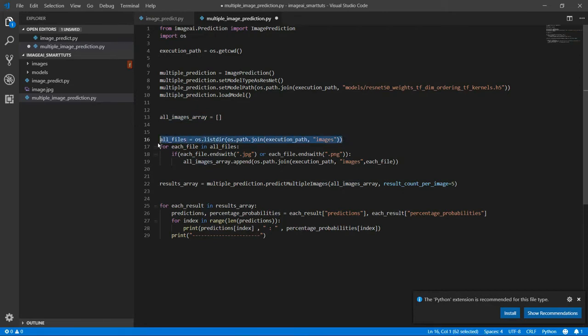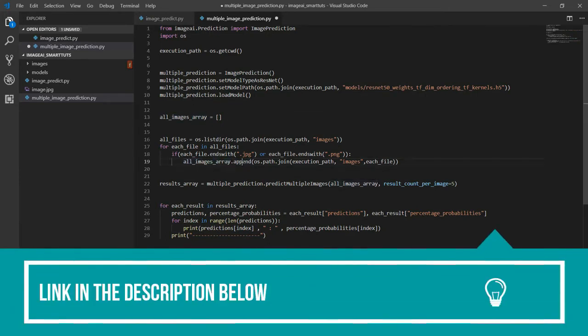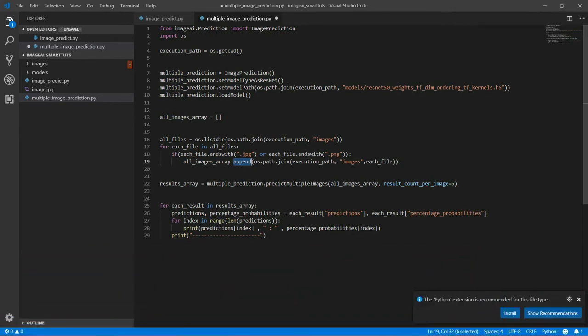We looped through all the files, and if the file's extension is .jpg or .png, we have appended, meaning we have inserted that file name to our list, the all images array. Now our list is ready.